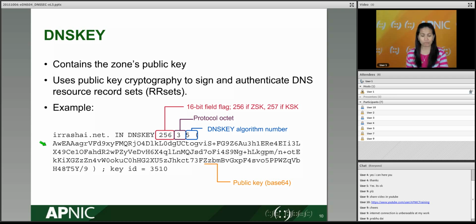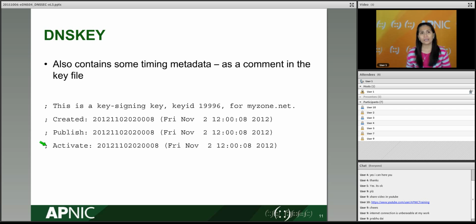And then this last one there is your actual public key. It's shorter because it's in a different format. It uses base 64. Okay? So in DNSKEY, it also gives you some timing parameters, some timing data. So at the end, you know when you created this key, when it is published, and when it will be activated. When you generated this and you didn't do anything, by default, it will use the same creation, publish, and